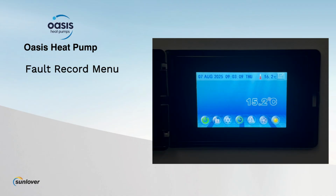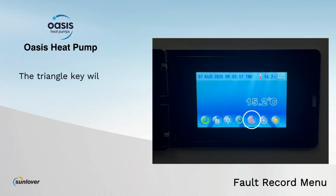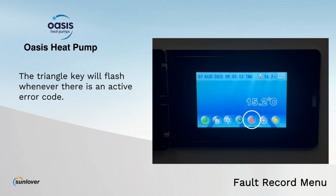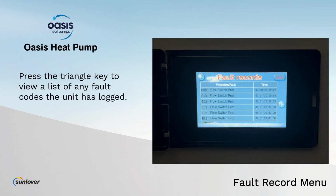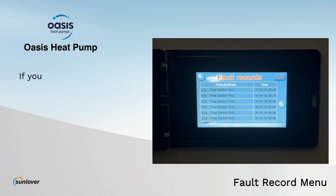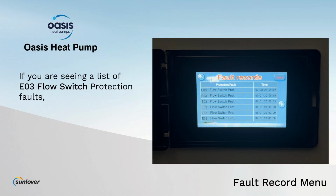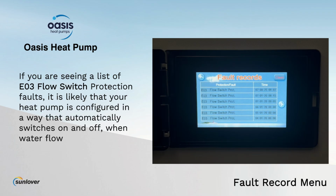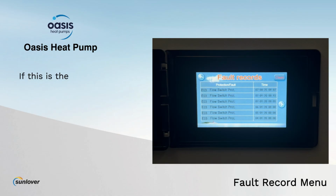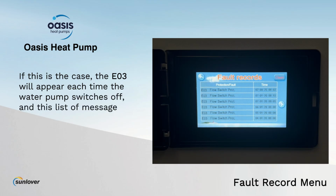Fault Record menu. The triangle key will flash whenever there is an active error code. Press the triangle key to view a list of any fault codes the unit has logged. If you are seeing a list of EO3 flow switch protection faults, it is likely that your heat pump is configured in a way that automatically switches on and off when water flow is detected. If this is the case, the EO3 will appear each time the water pump switches off,